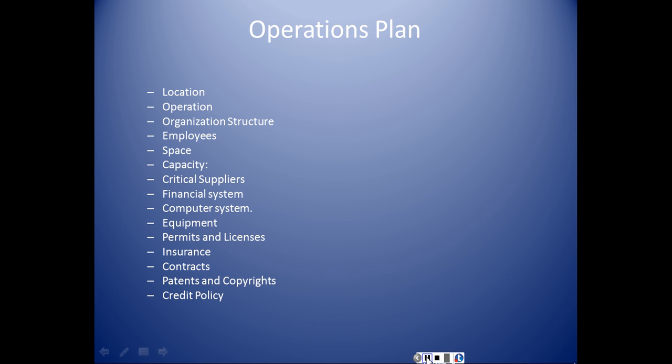You've got an operation, you're going to build something. Let's say you're going to build some kind of product out of raw material. While you have an office and maybe a storefront, you may have a manufacturing front as well, where you're using space for production needs and for people and that sort of thing. And then capacity. How many things can you make in a short amount of time or in a certain time frame?